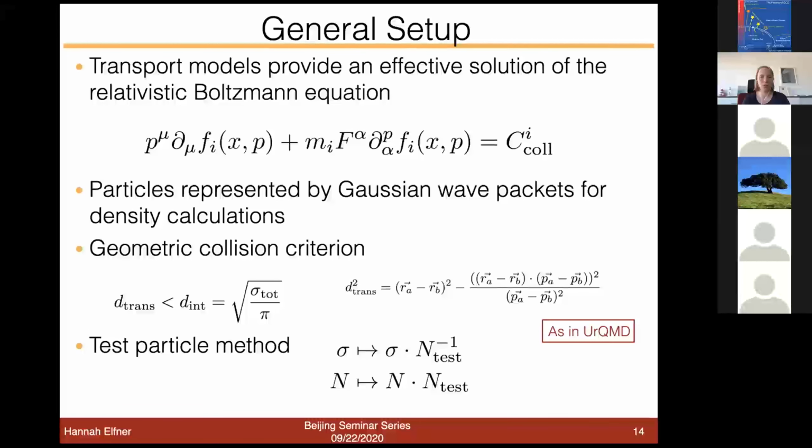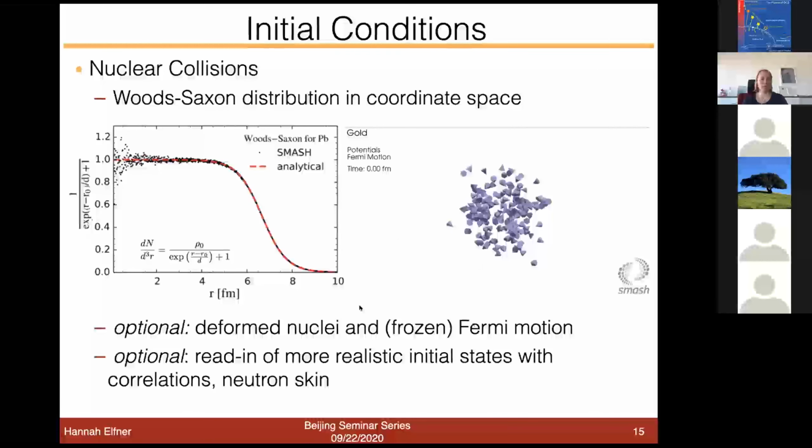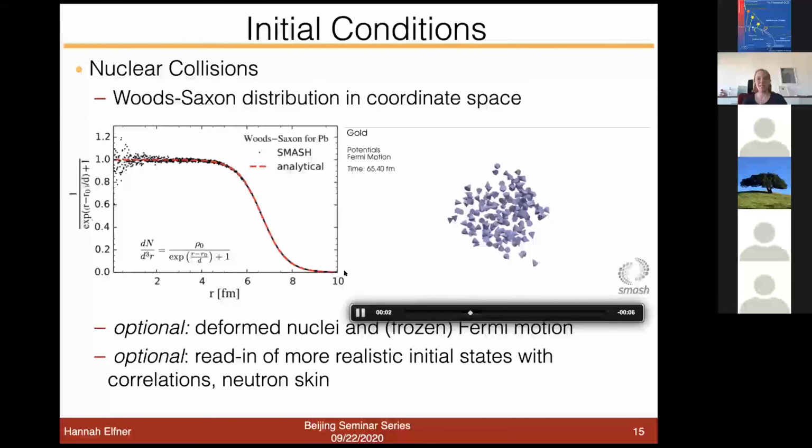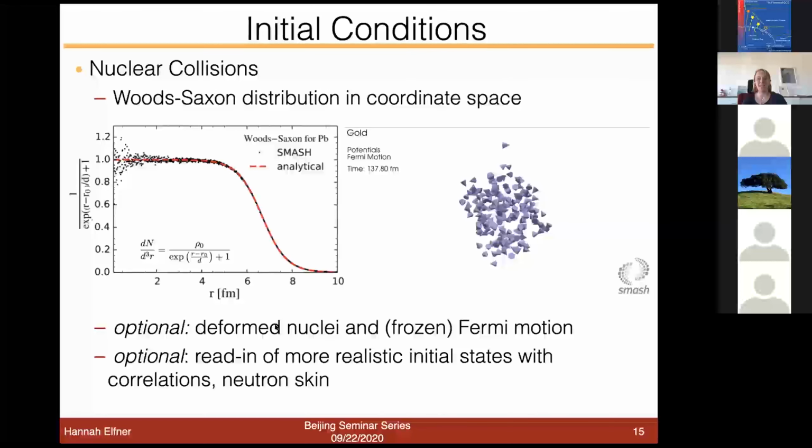Then you have to have some initial condition, that is your nucleus, where we basically sample according to a Woods-Saxon distribution. That the sampling is successful is shown in this left-hand side picture, and this is maybe not so exciting, but what I find a bit more interesting is on the right-hand side, this little movie that hopefully plays now, where you can see that we're actually able to simulate a nucleus that is sitting where it should sit, with the potentials turned on and the Fermi motion, so they actually stay together, and at least they are staying long enough together for the purposes of heavy ion reactions.